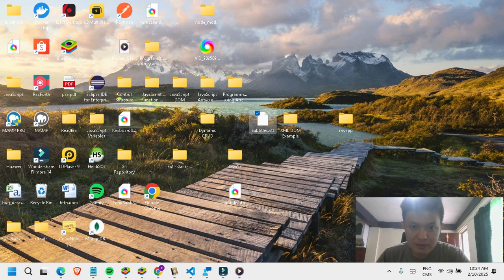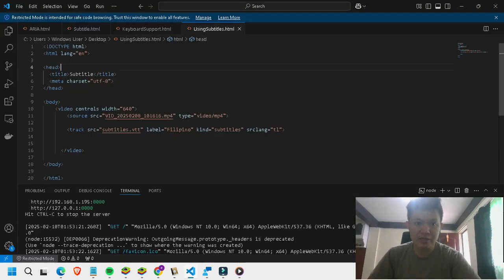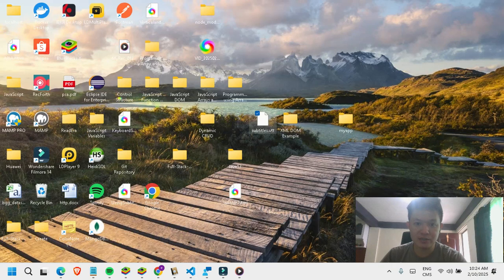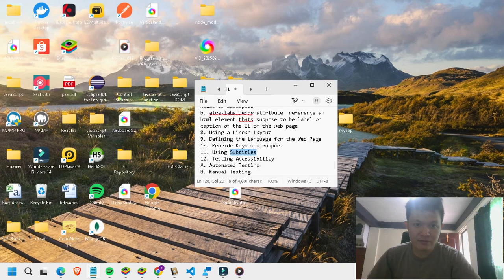So subtitles.vtt, and then you need to link that in your SRC. I know you guys know that YouTube automatically has subtitles for English video, but here you actually need to create your subtitles using this VTT file.